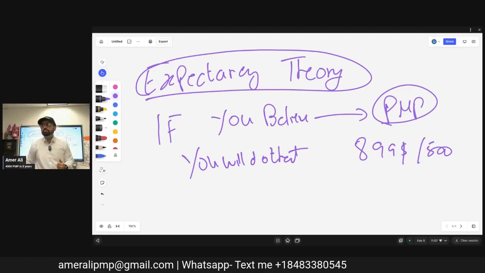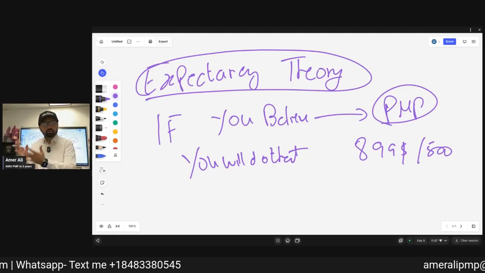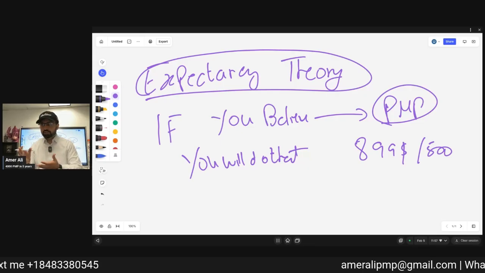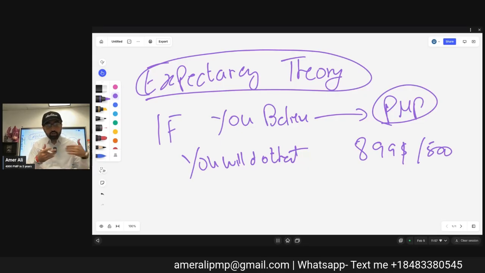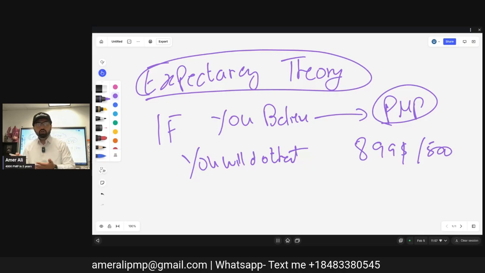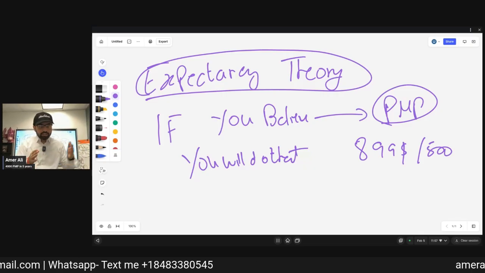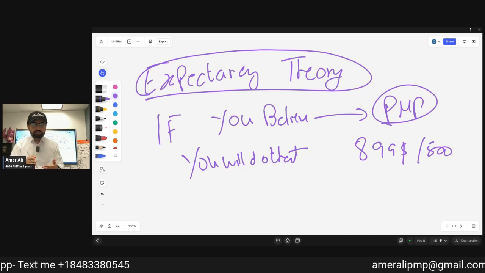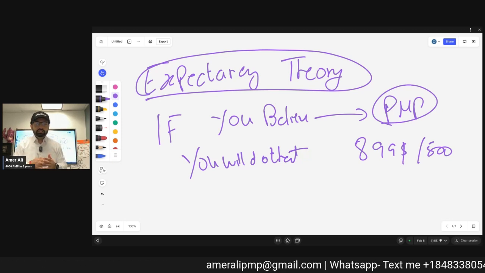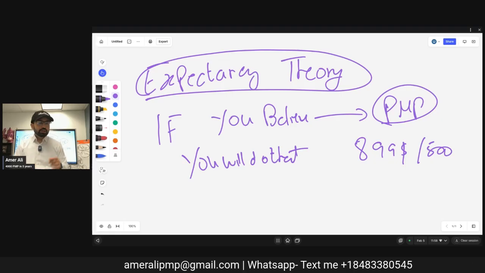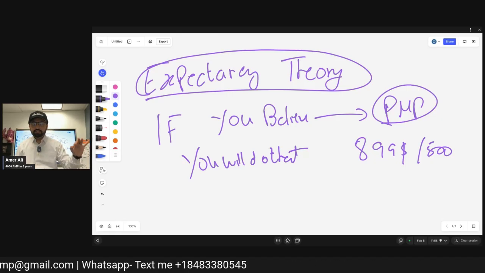If you believe, for Muslims, that there is a Jannat, and if I do those fasting, you will do the good things, right? You are believing it. Same goes for all other religions. If you believe you will get a good salary, you will work for that job. If you believe this job is going to change you, you will prepare for the interview. Expectancy theory. Everything is based on that expectancy.